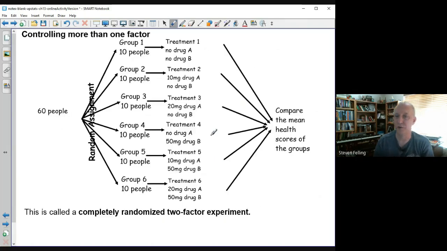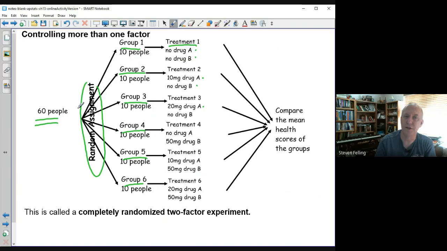And its design diagram would look like this. You'd have maybe 60 people. If we have 6 treatments, no drug A, no drug B, 10 milligrams drug A, no drug B, and so on, all these treatments, then you have to have a group for each treatment. So you'd have to have 6 groups. Since we have 60 people to choose from, we're going to randomly assign 10 of them into each of the